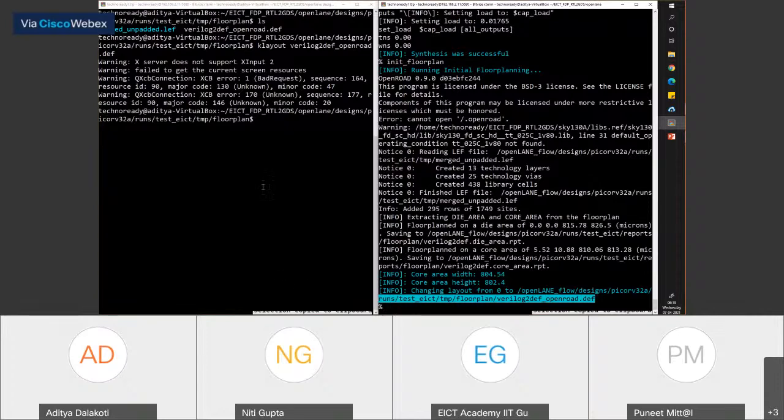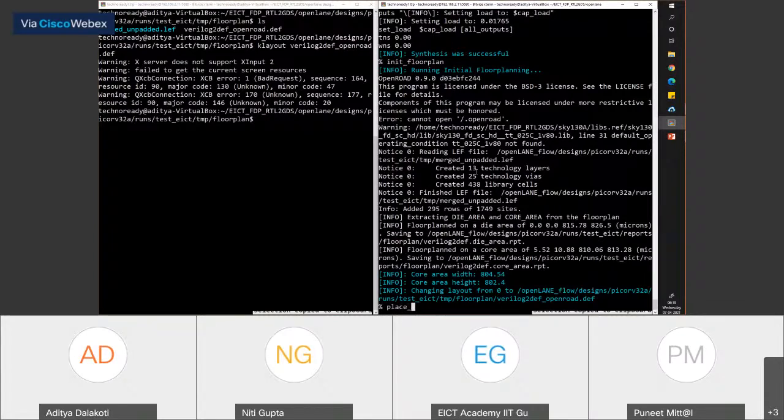Now, before we do PDN generation, one of the things we usually do is place IO. So yesterday we skipped a step called place IO. So we want to observe how we do the IO placement. Okay, one of the four targets for today is this IO placement, and how you place the IO as you would like to place. That's the target we are going to keep. So let me first explain this in a couple of slides. Okay, let's first do a place IO command and observe what is its effect.